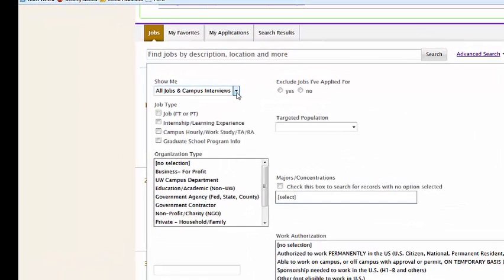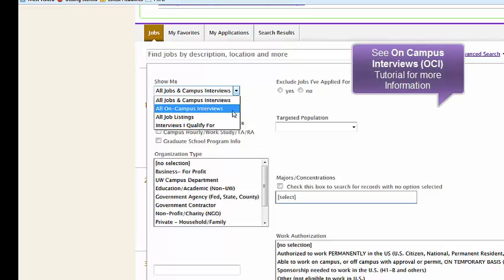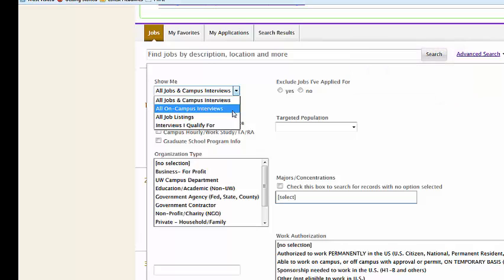Now, some of these are pretty self-explanatory, but I do want to cover a couple of them. First up, in the Show Me option, you have 4 different selections you can make. If you select all jobs and campus interviews, this will pull up everything that's currently in HuskyJobs. Second, you can choose all on-campus interviews, which are when employers book interviews on our campus in either Seattle, Bothell, or Tacoma,